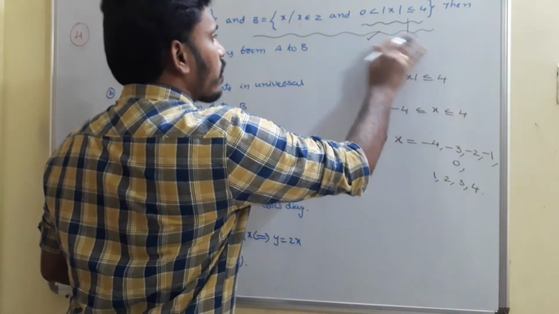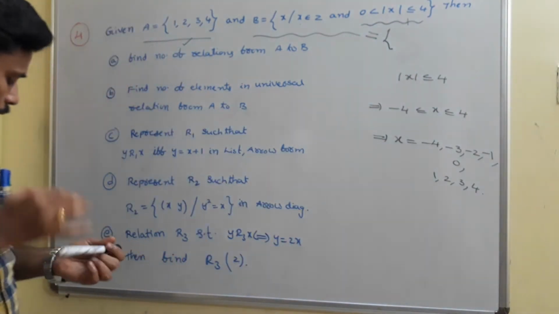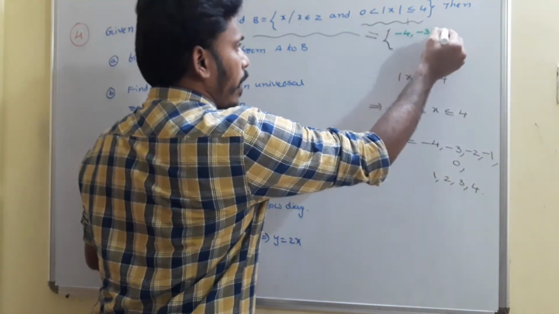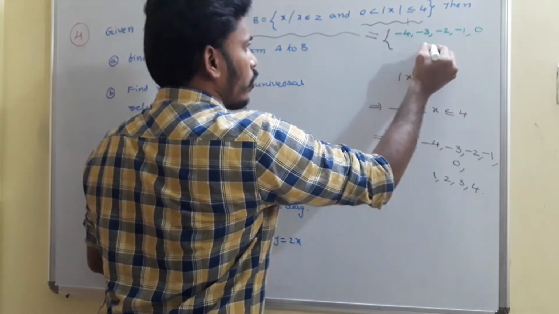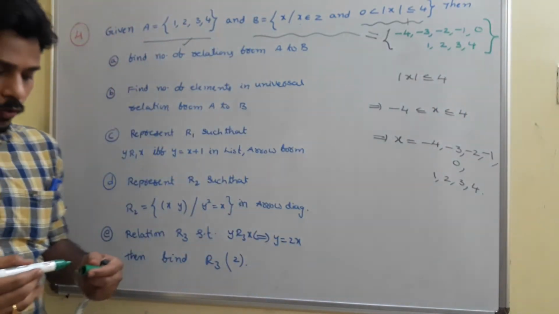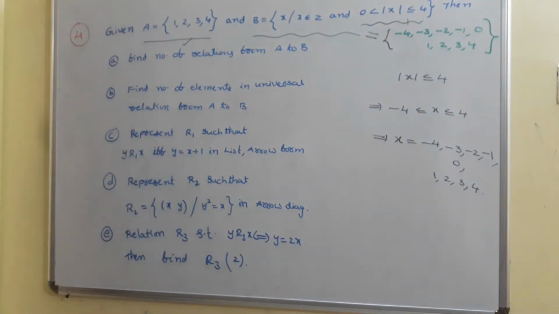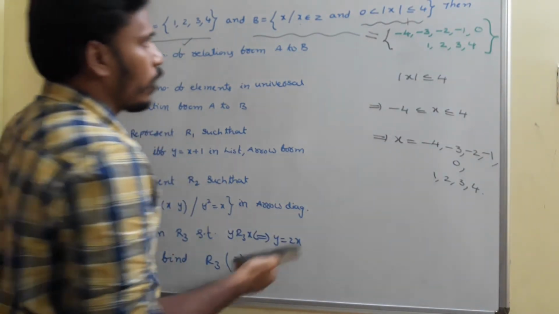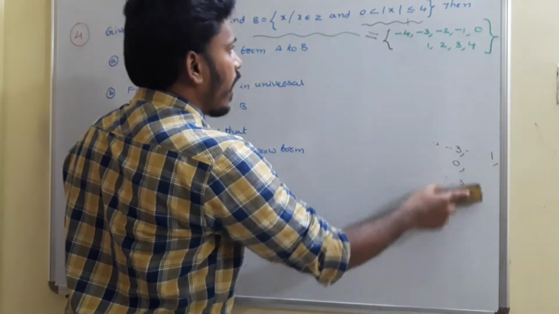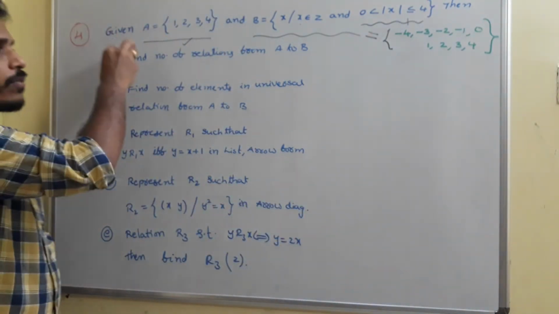So from this analysis, I will write that the elements of set B are: minus 4, minus 3, minus 2, minus 1, 0, 1, 2, 3, 4. Okay, all these are the elements of set B. Okay, I will erase this for the space concern. Okay, so the elements of set B are not given directly. Okay, a relation is mentioned. If you analyze that relation, you will get the values of x as the numbers which are in between minus 4 to 4. Okay, now at the end we have set A and set B.